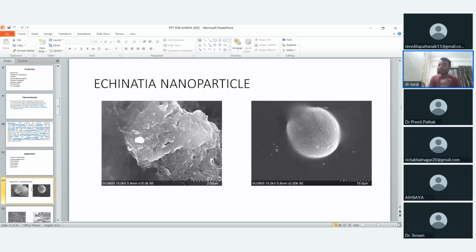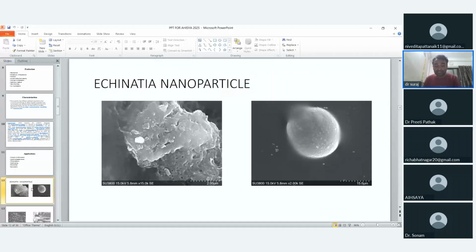In 15 micron, you can see it just looks like a coarse particle, a bigger, very large shape, which is driven into a sea of water. So these are the different arrangements, structures and shapes of nanoparticle in Echinacea mother tincture. It is also standardized by SEM only, scanning electron microscope.